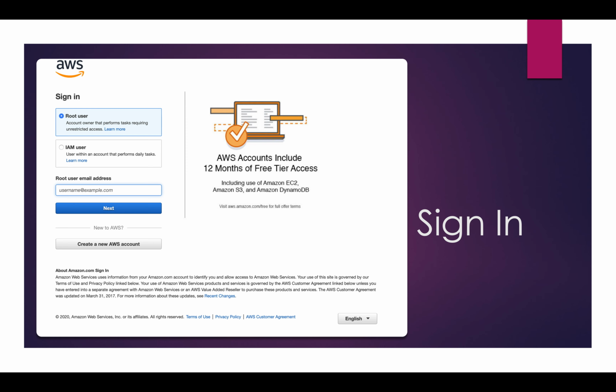Final step, once your AWS account is created, you need to verify your email. If you navigate to your Gmail account, just check that, please verify the email. Once the email verification is completed, then you can log in to your AWS account. I will log in with my credentials. How the UI will be, I will show you. If you see here, this is the root user and IAM user. Forget about this IAM user, I will explain in the next sessions.